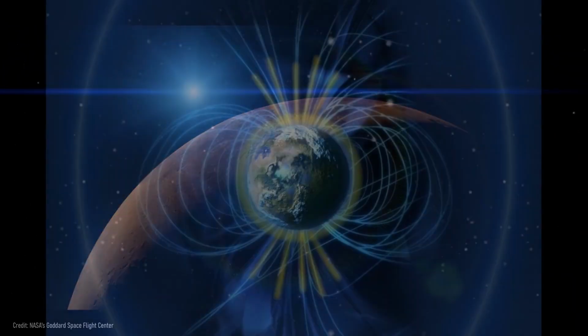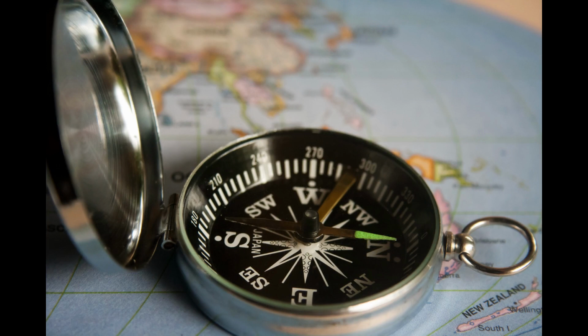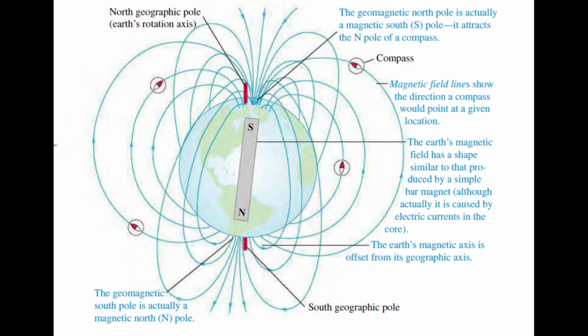Now coming back to Earth's magnetic field, there is a big misconception among many people. We all know that the north pole of a compass needle points north, but we also know that like poles of two magnets repel each other. So actually the geographic north pole is the magnetic south pole of the Earth and the geographic south pole is the magnetic north pole. At many places this is not shown correctly.